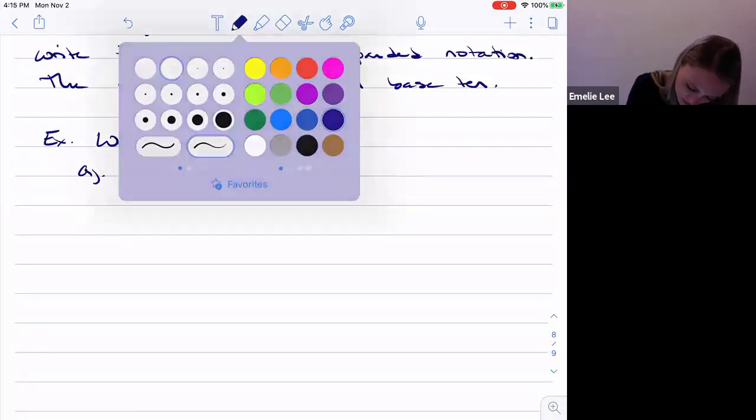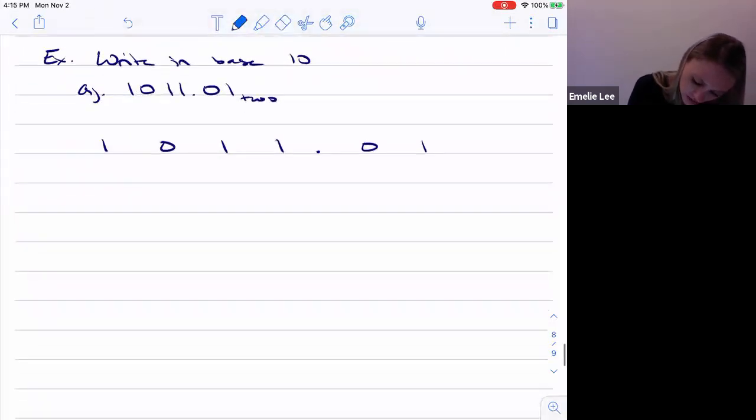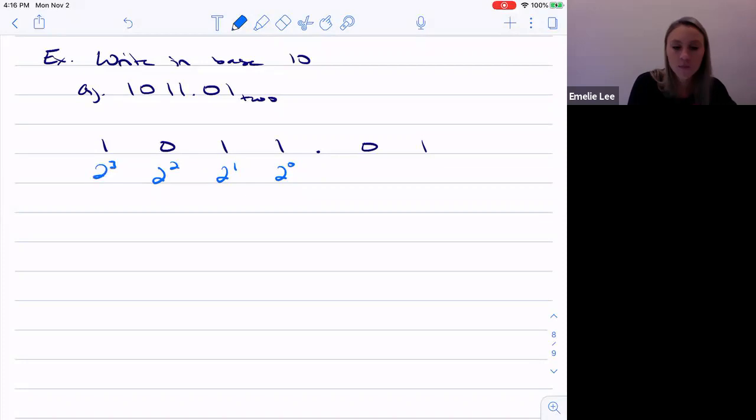So I'm going to write this out bigger. 1, 0, 1, 1, decimal point, 0, 1. If I'm working in base 2, then this is the 2 to the power of 0 spot, 2 to the power of 1, 2 to the power of 2, 2 to the power of 3. Same idea as before, 2 to the negative 1, 2 to the negative 2. When you write this out in expanded notation, just like we did with the tens,